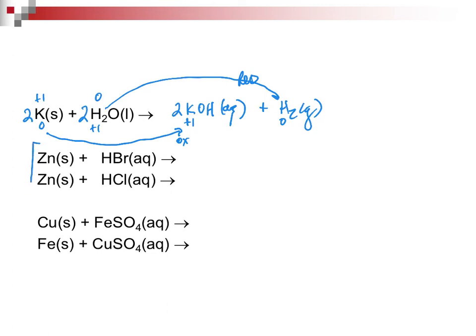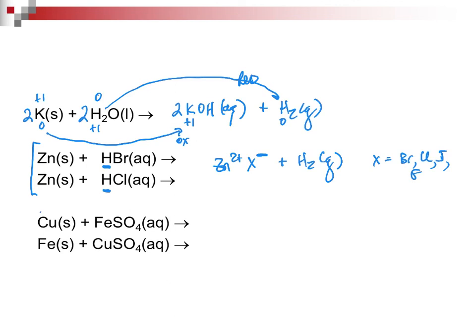Okay, so that's one metal with usually water. Here we have the same metal and we're dropping acid. In each case, it is a halogen acid. Both of them are sources of H+. Zinc sits above the acid, so I'll be making some zinc 2+. I will have some halogens sitting around. I'm designating that by an X. That's how we designate halogens. And we will also make some hydrogen gas. So please note, as long as you have a halogen equal to bromine, chlorine, iodine, fluorine, this would be the reaction you would see. So it's going to take a little bit of insight in order to decide what's going on.